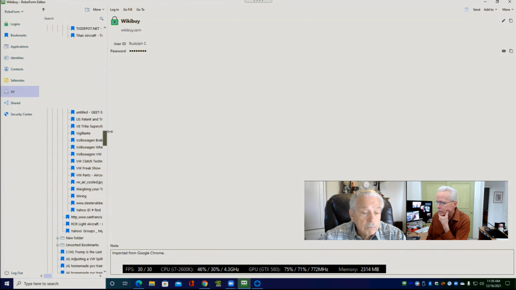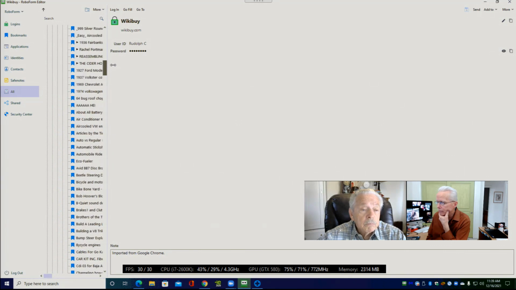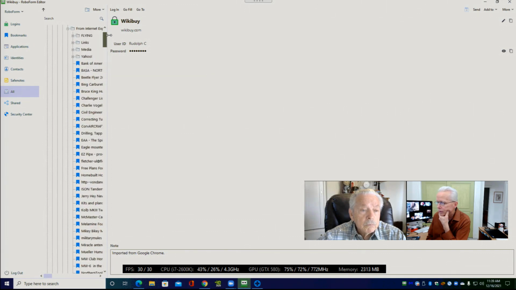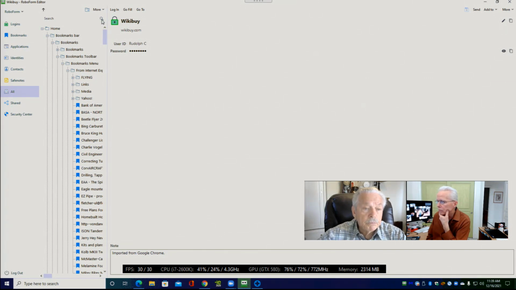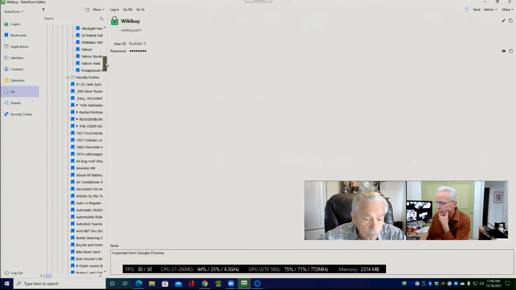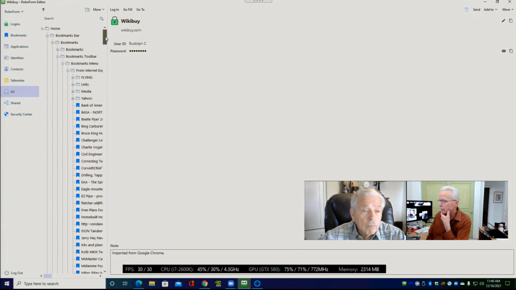Well, that has a lot of different sub-levels to it. There's a Mozilla Firefox. Let's try this magnifying glass, because I'm wondering if Weapons World is still a bookmark for you. And that magnifying glass isn't popping up anything. So I'm going to give up on that, because there's just too many sub-levels there.